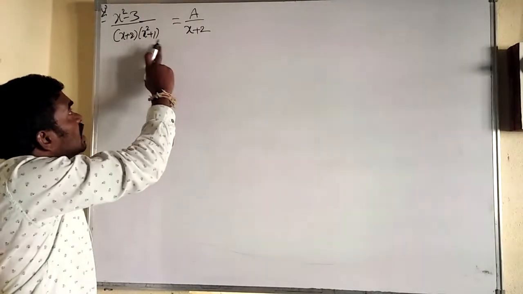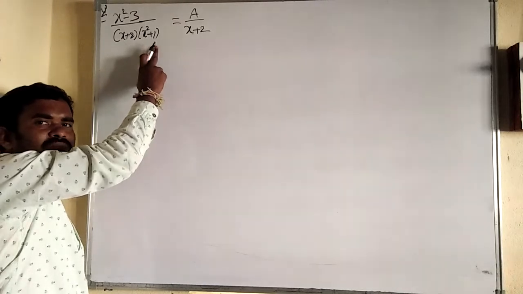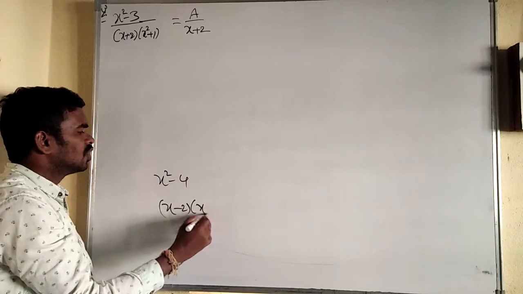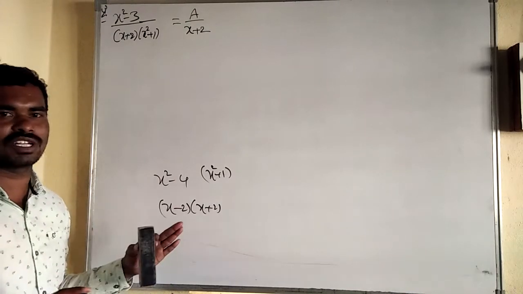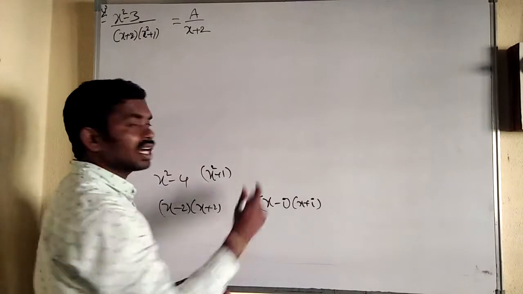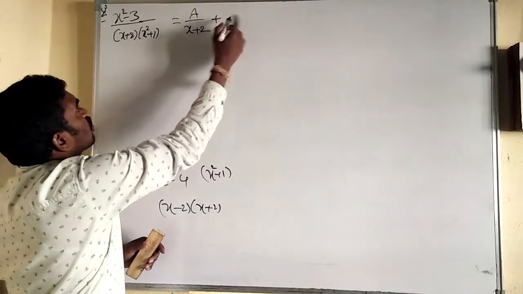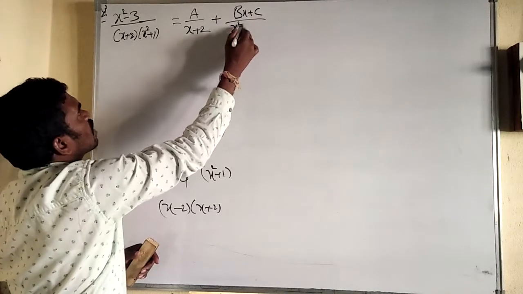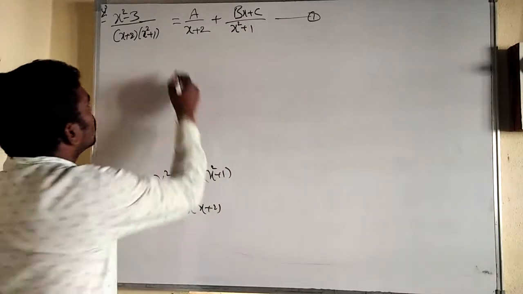This is linear and this is not linear. x² + 1 is there. Can we simplify this x² + 1? Like x² − 4 is simplified as (x − 2)(x + 2). But here, can we simplify x² + 1? In real numbers, no. In complex numbers, of course, we can write (x − i)(x + i). But in real numbers, it cannot be split. So treat it as a quadratic. At that time we should write two terms, (bx + c)/(x² + 1). Okay, splitting is completed. Now simplify and find the solution.